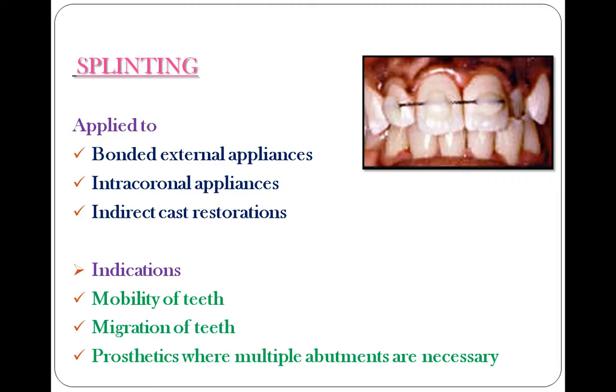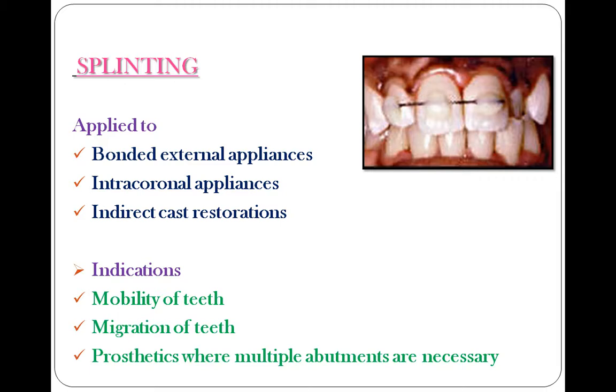It is always important to first determine the cause of tooth mobility, and thereafter only the splinting is carried out. If the tooth mobility is caused due to excessive occlusal forces, as in parafunctional occlusion, the occlusion therapy should be carried out first prior to splinting. Mobility can also occur due to periodontal disease, and therefore the periodontal inflammation must be controlled prior to splinting.